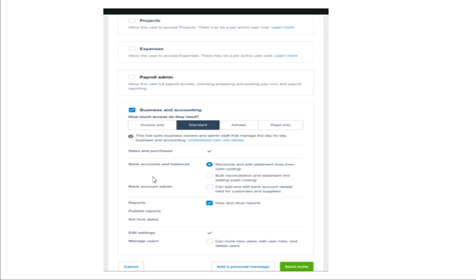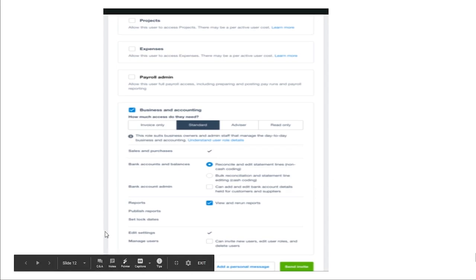So there you go. Once the client has finalized this part, it's actually the client who will set up this user access, unless the client gives you additional permission to manage users and add users such as other bookkeepers or other staff. Just send the invite, and the invite will be sent to your email. All you have to do is accept the invitation.